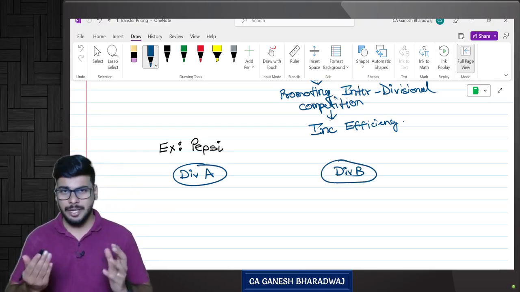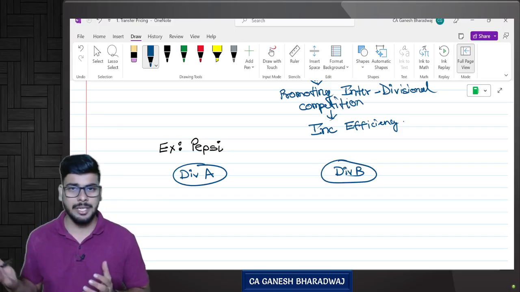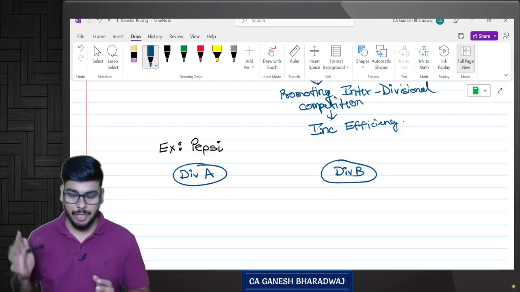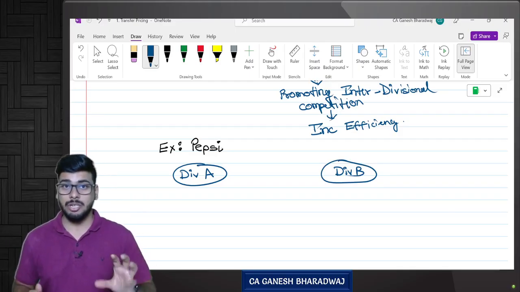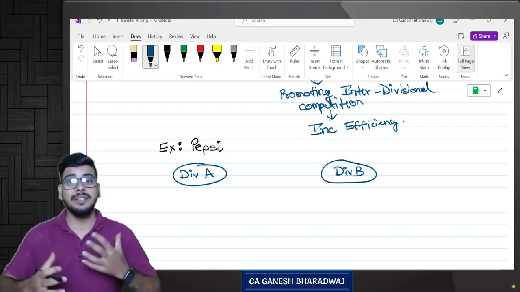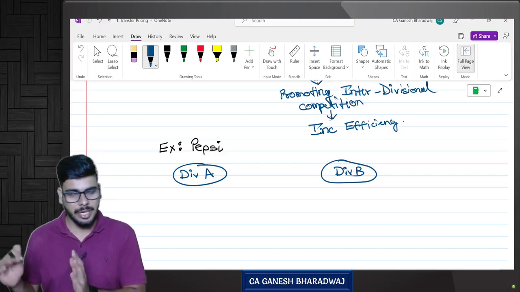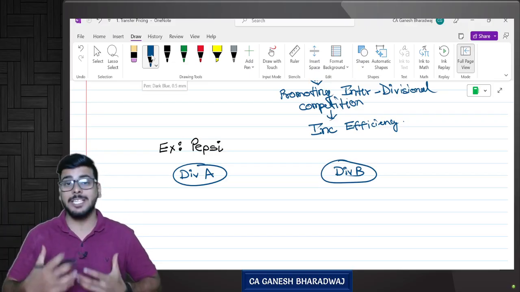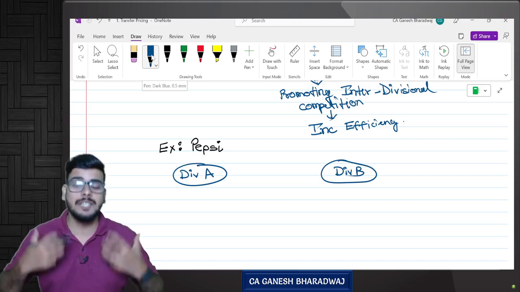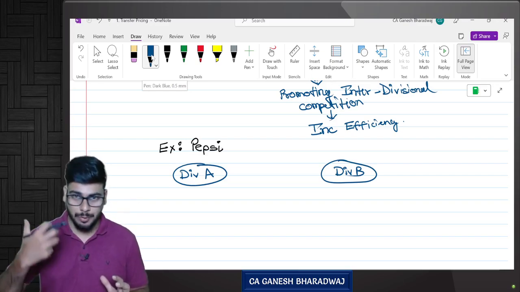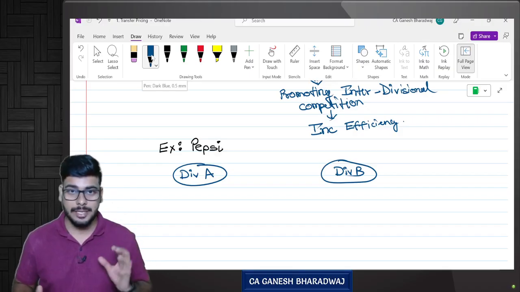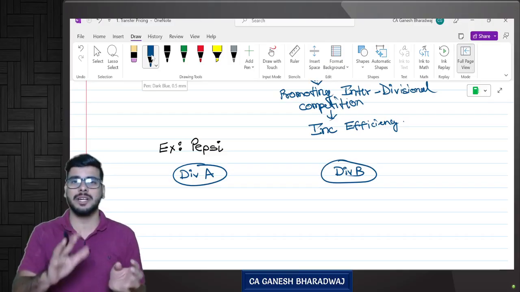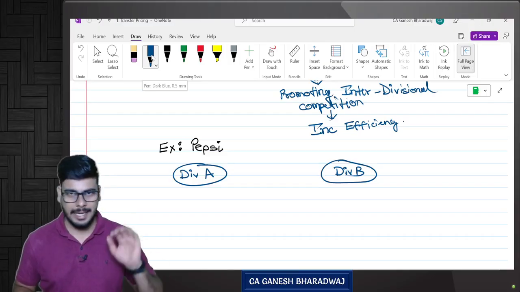Please carefully understand. You need not write down anything. Maybe if you want, here and there, you can take running notes. Anyways, these running notes, whatever I'm writing, will be available to you. Please understand, because all these things have been mentioned in a theoretical manner in our institute study material, which I have just kept like that in our handbook also. But this explanation, the practical explanation, this value addition happens only in the classroom, only in the lectures. So please listen to this carefully. Only then you will understand what you mean by transfer price, why we should have transfer pricing, and all these allied areas. Are you clear with this?